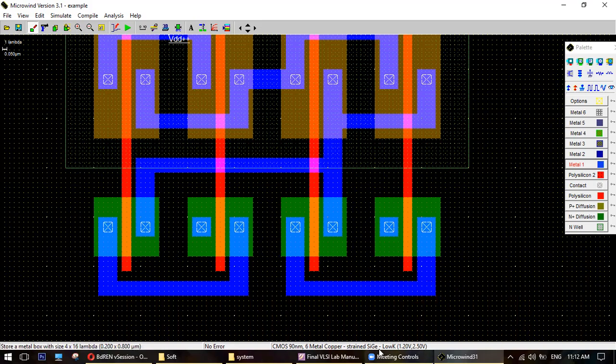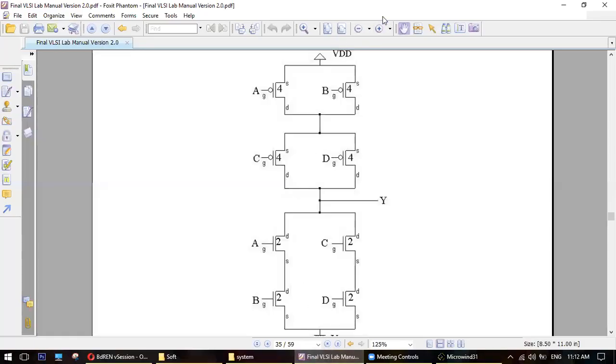Okay. Now the real problem occurs when you want to connect the B source and D source. See, B source and D source and the ground. Got my point? This is the real problem.